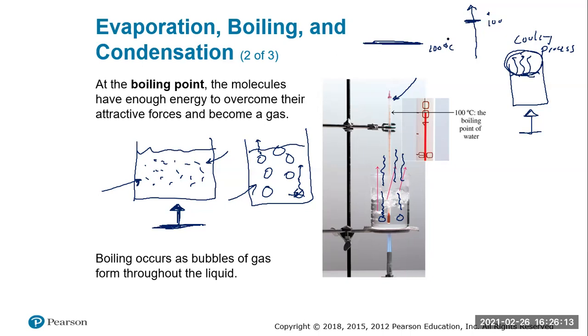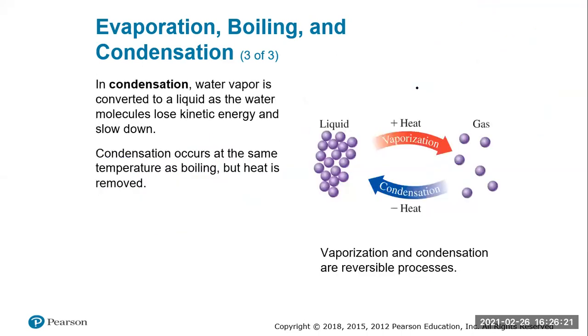But as odd as it may sound, that process of boiling is overall like a cooling process. That's why, even though you're continuously adding heat, your temperature stops at 100 and doesn't keep going. As quickly as you heat it from the bottom, it cools from the top, which allows it to maintain that 100 degrees without popping your thermometer and stuff like that. So here's our picture.